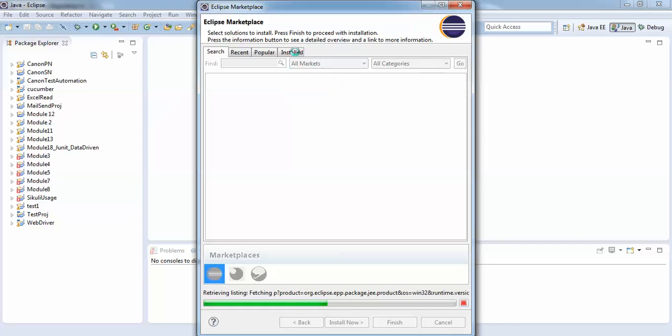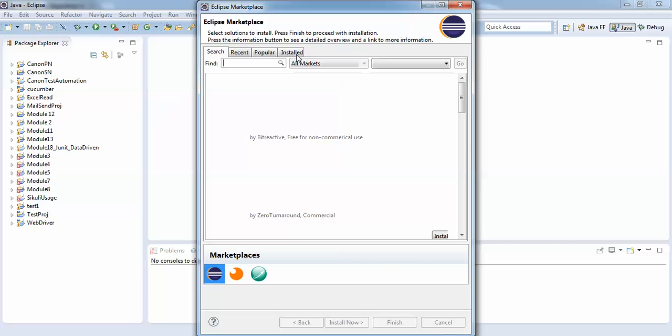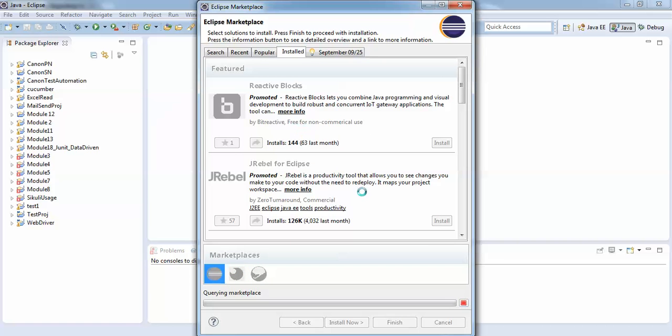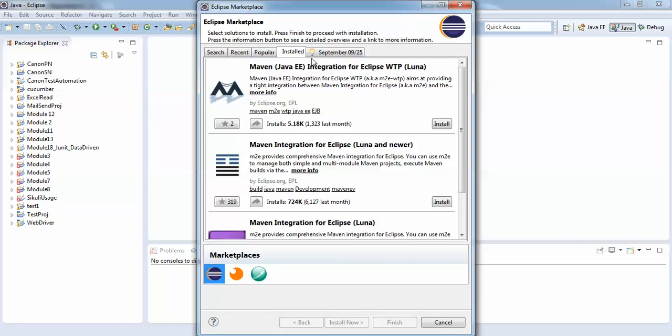You will see here, in the installed tab, you will find M2E. Let it open. Give me a second. It's taking a bit of time. In install, you will find it.